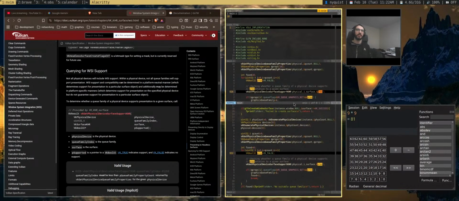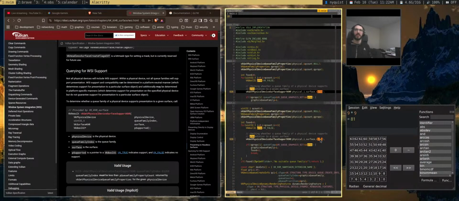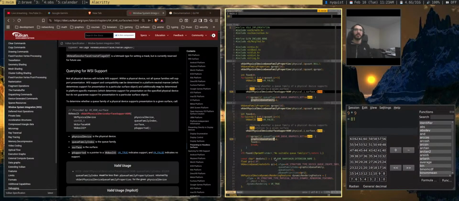Oh, yeah. Okay. That's easy. It just says true or false whether it supports presentation. So we get whether or not it supports presentation, and if the graphics family supports graphics and it also supports presentation, then